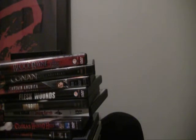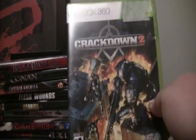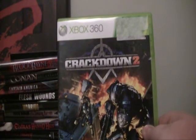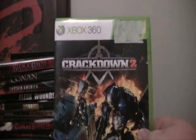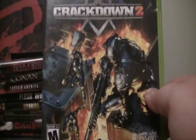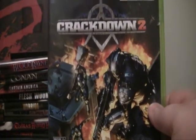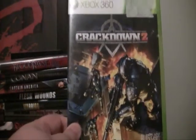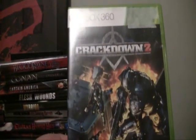Finally, the video game. Just one. Crackdown 2. This was at the local GameStop. I got it for, I believe it was $11.48 with tax, which isn't a bad price for it. I played and loved the first Crackdown. It was a great game, even though it just comes down to being a collectathon. The action in it is...